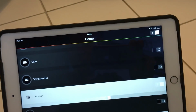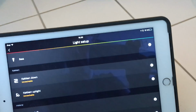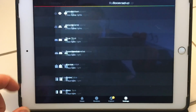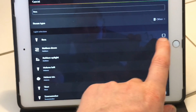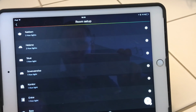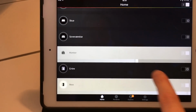Sorry, that's not what I wanted to do. I wanted to go into the room setup. So I've made an IKEA room, and we need to add this bulb. We just add it to that room and save. Okay. So now I should be able, in my IKEA room,